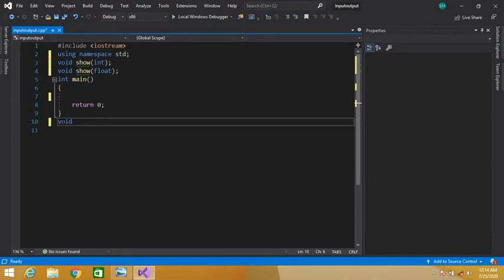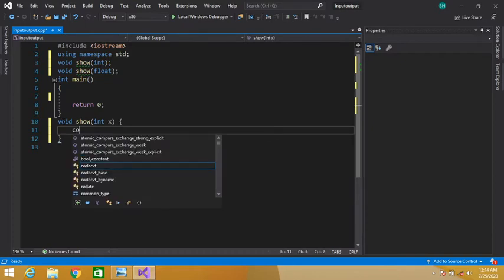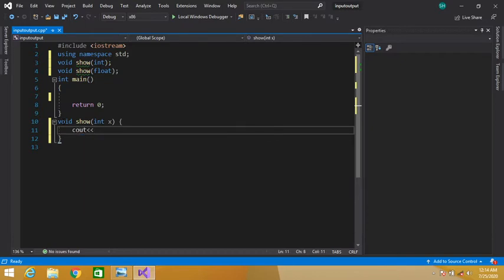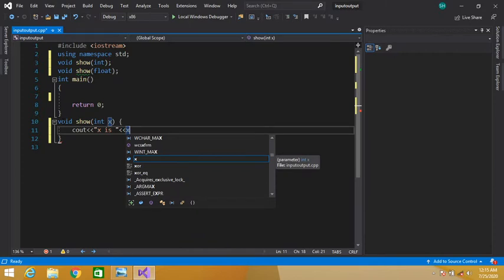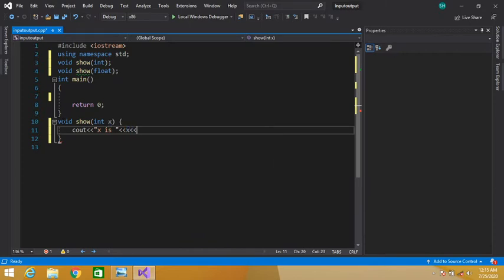Void show int x, and here we will display the value of x. cout x is, here we will display this x which we are passing as a parameter to this function.